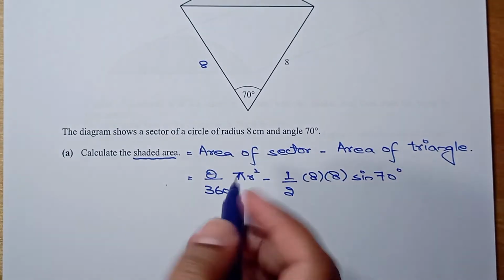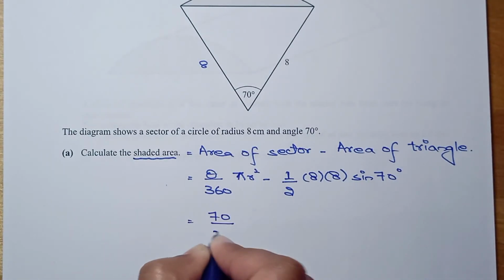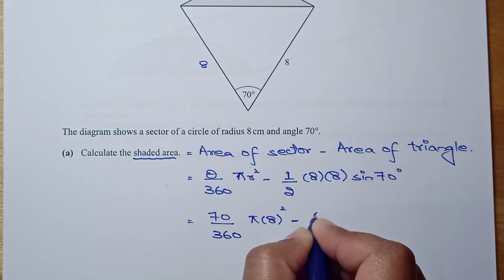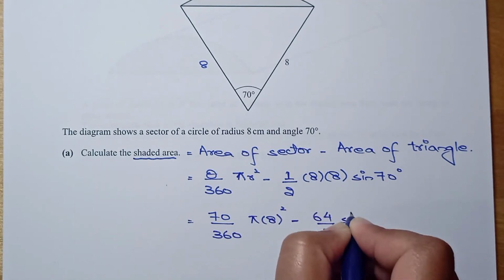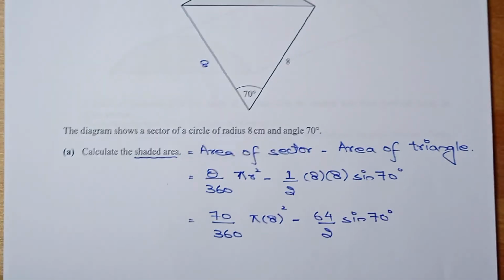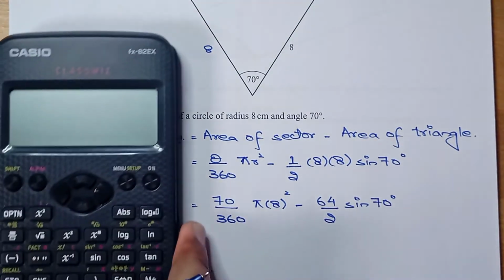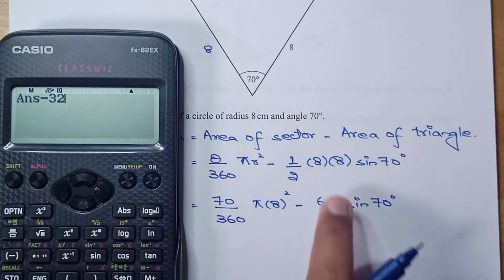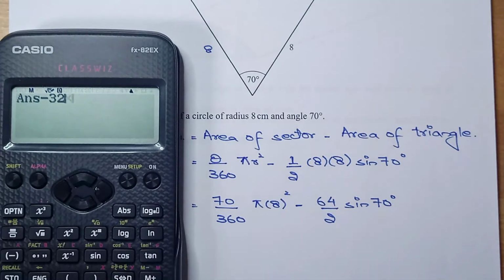Right, so if I substitute the values over here, we have 70 over 360 pi, radius is 8 squared, minus 8 times 8 is 64 by 2, and sine 70. Okay, so let me solve it. 70 divided by 360 times 3.14 times 64, and then subtract 64 by 2 is 32, 32 times sine 70,